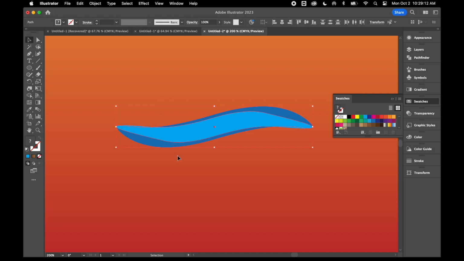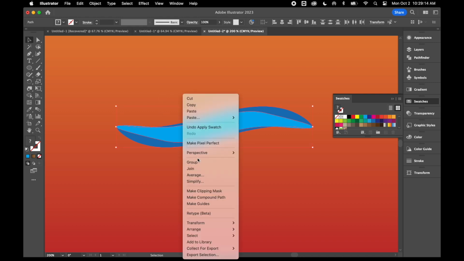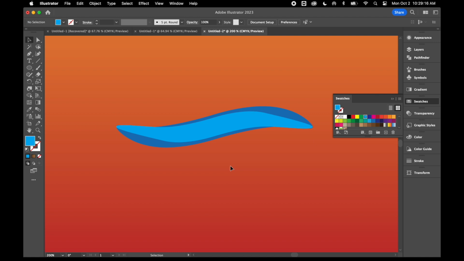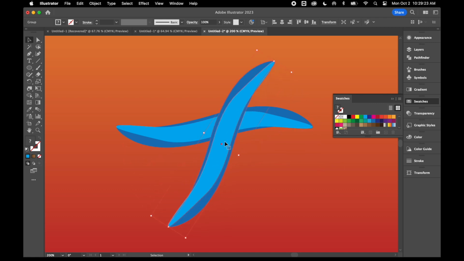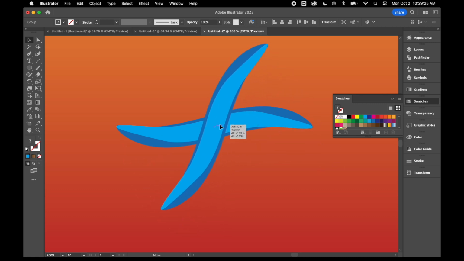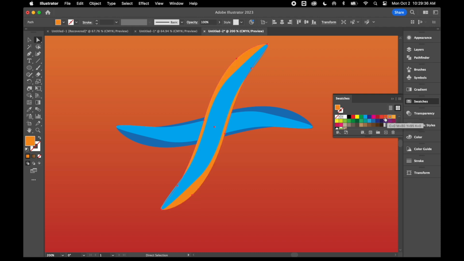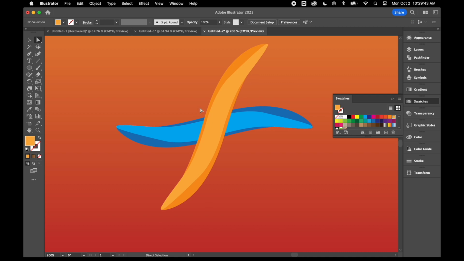Okay, now I'm going to go ahead and select these two pieces, and I'm going to group them together. And I'm going to make a copy of them. So hit Control-C to copy, Control-V to paste. I'm going to spin this around, and I'm going to actually change the color of these two. If I take my Direct Selection tool, since I grouped it together, I just click on one color, I can throw in the color that I want, and I'll maybe do a couple shades of orange, but you can make it whatever color you want. Okay,